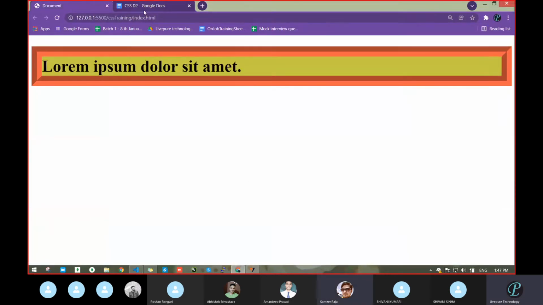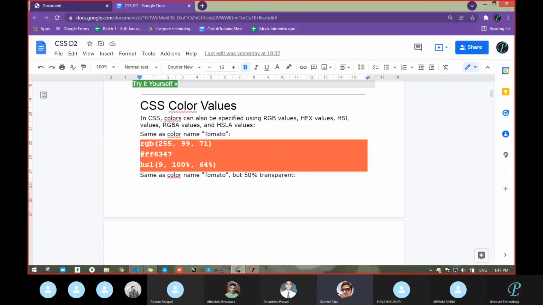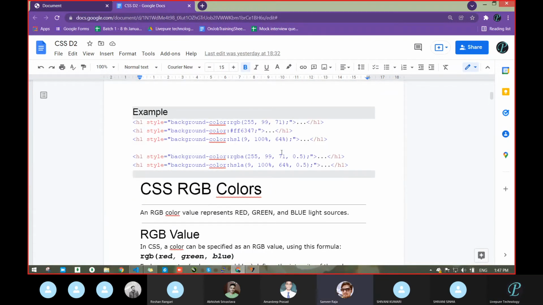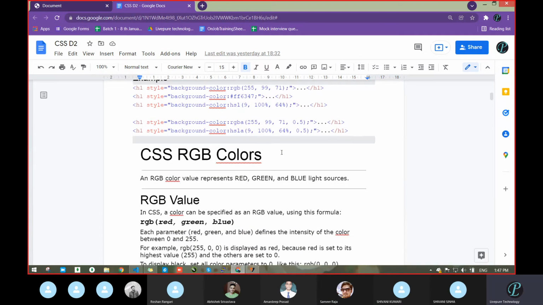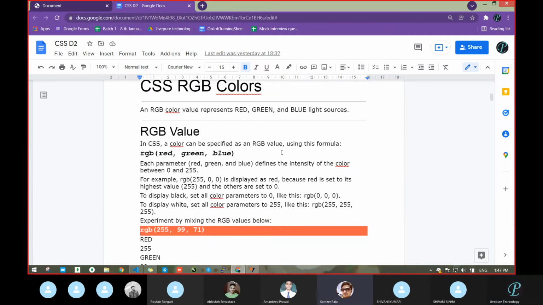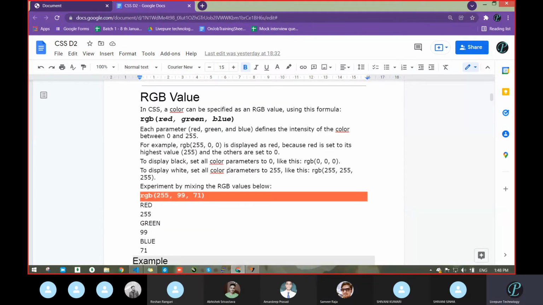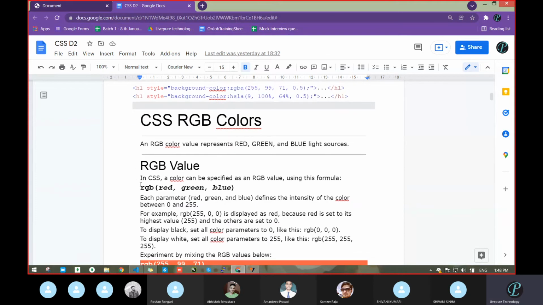Sometimes we get RGBA. What do we get here? What does A stand for? I don't know, let's see. It will come as alpha, meaning A is for alpha. Yes, sir. So see, there are different ones like RGB. What is the full form of RGB? Red, green, and blue. Okay.